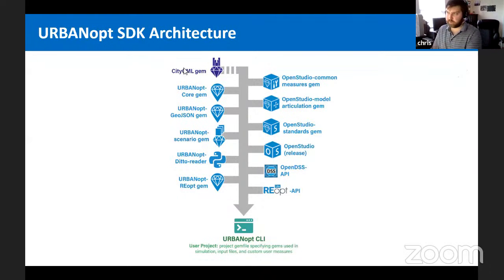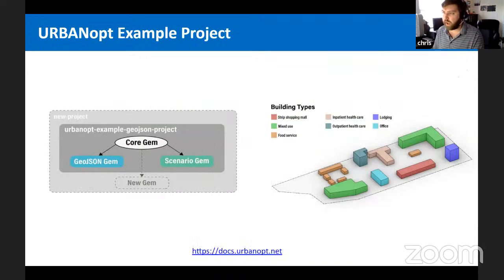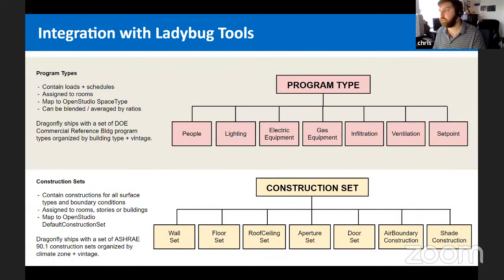Yeah, so just into this diagram, I know Rawat referenced that there's a gem specifically for GeoJSON, but there are extensions in URBANopt that link out to that for different formats. And for those of you who are unfamiliar with GeoJSON, it's fundamentally a 2D representation of geospatial information. So all features are represented in terms of latitude, longitude coordinates. It's a human readable file format, and if you're familiar with shape files, they're similar to those GIS formats.